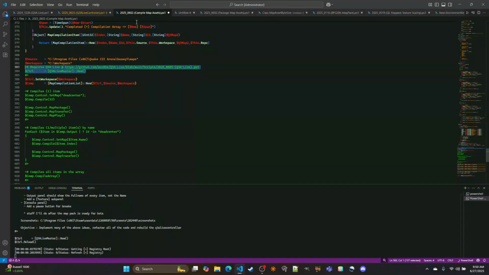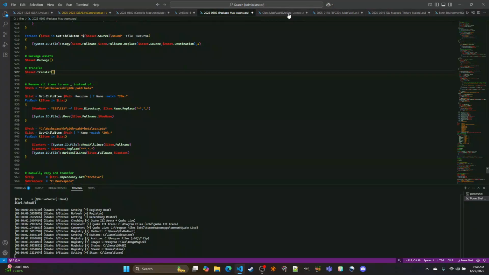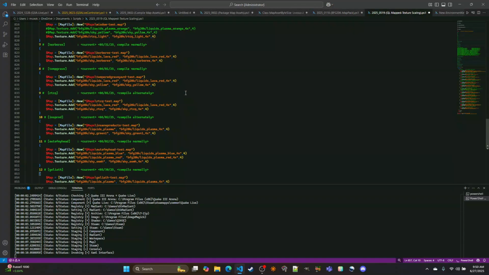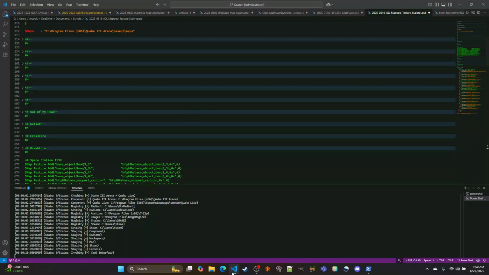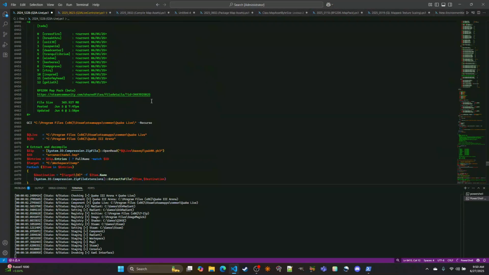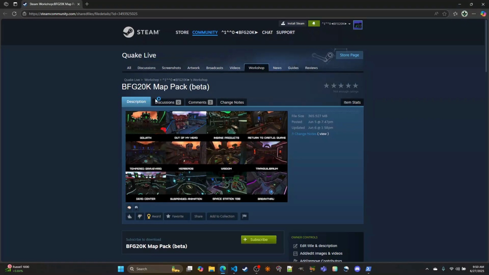Anytime that you deal with somebody who's got multiple tabs open, you know that they're a programmer or a scripter at least. And I got a bunch of different ideas that I came up with as I was making this map pack on Quake Live Steam Workshop. Where is it? There it is. So I'll open this up. I'll do it the programmer way. That'll open it up in the web browser. Alright, so